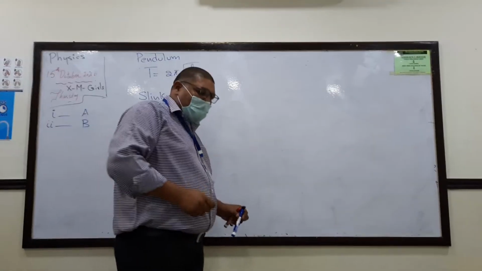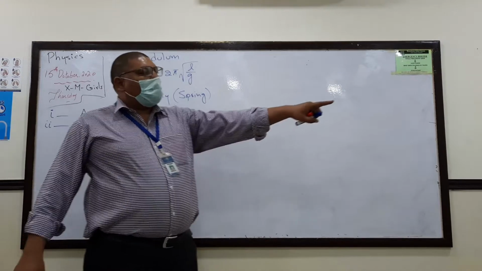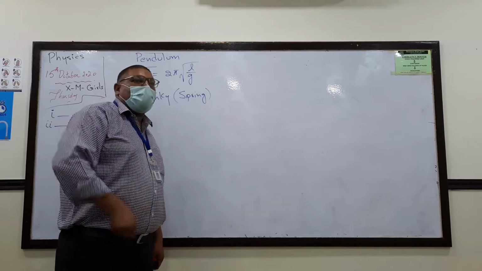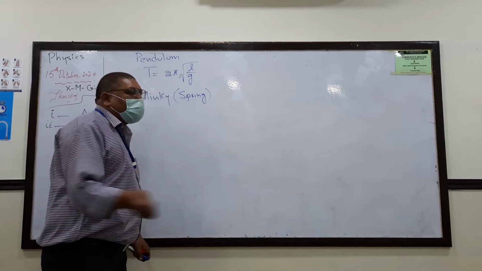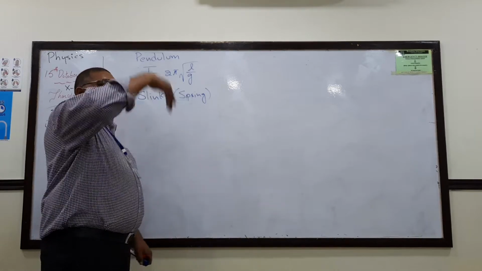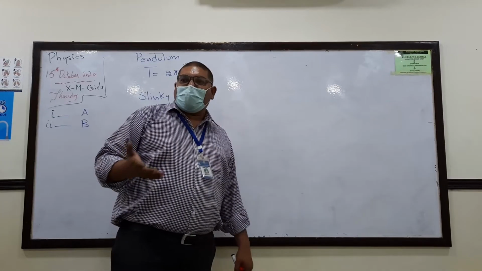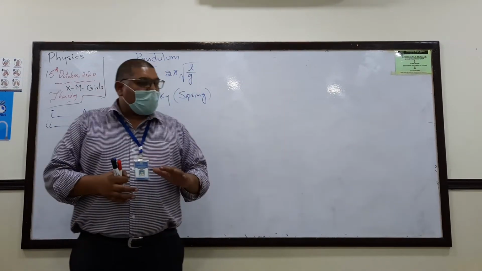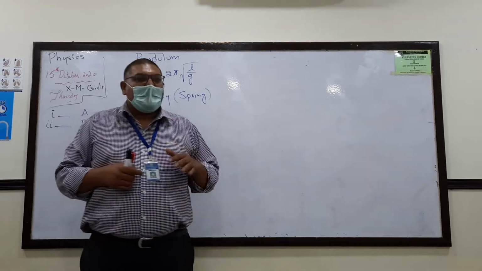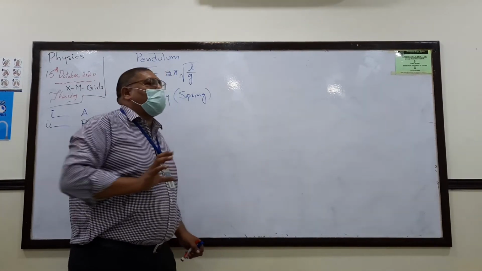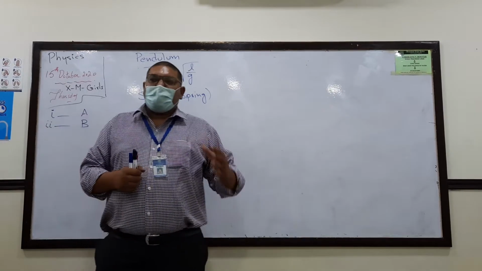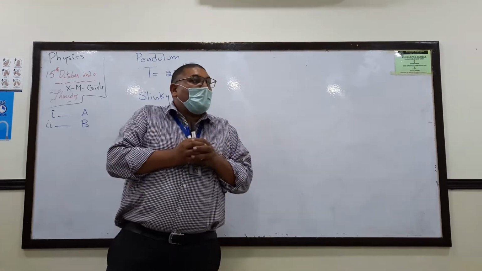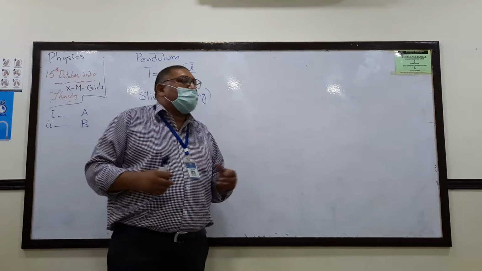With that spring, if I hook that spring with a ball and hold it in one hand, and if I move my hand up and down, the waves will be produced. These are transverse waves. But if I hook the Slinky or the spring with the wall and put that Slinky on a horizontal table, and then I move my hand forward, backward, forward, backward, then the compressions and the rarefactions, when the coils come close and go away from each other, will be produced in that Slinky.